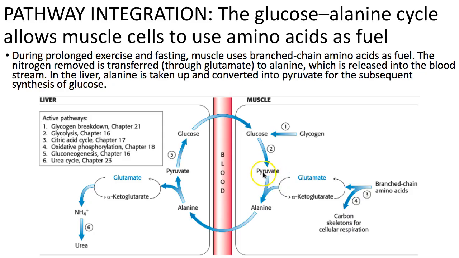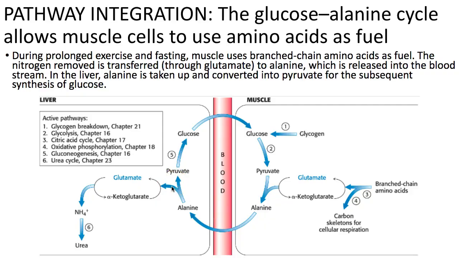And then from there, how it can be used to make glucose is that pyruvate reacts with the glutamate to form alanine, and alanine goes outside the muscles into the bloodstream, and then from there,